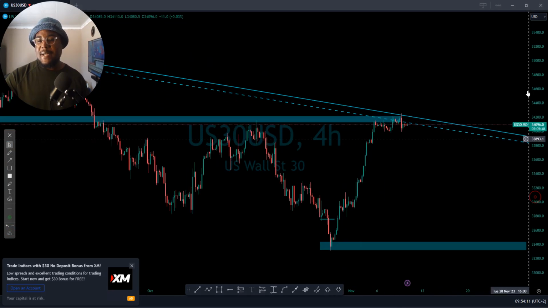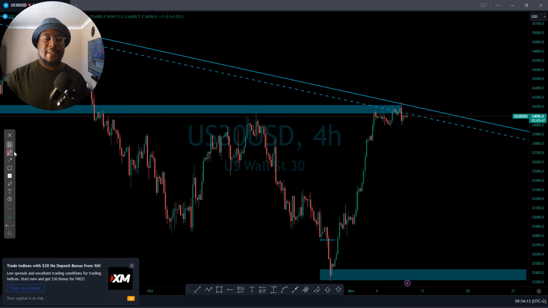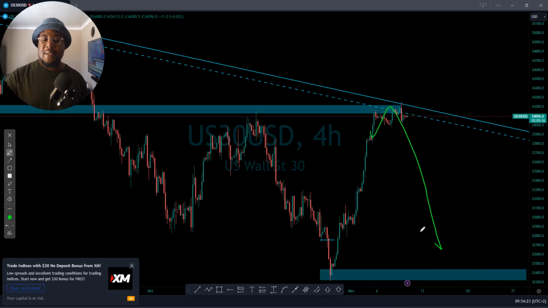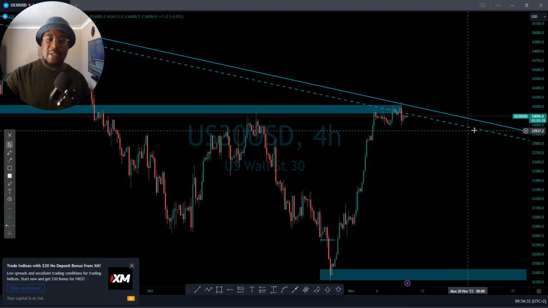Since the market was playing around this resistance, we were just waiting. I thought maybe the market would push lower. We had a sell pending order. The market touched that and started to play around this area, but I'm still expecting maybe the market will reverse. If not, it means the market will try to break this area and start to push to the upside. I hope you understand that.